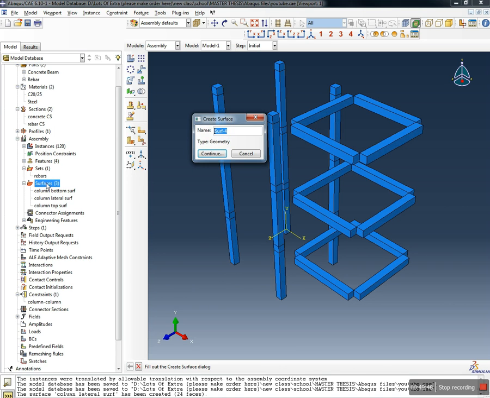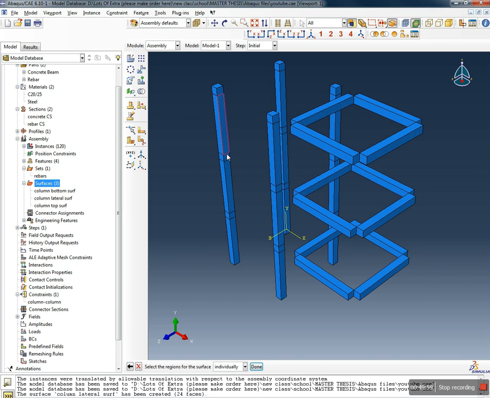define another set of surfaces, which will be beam lateral surf. Continue. And we'll have 1, 2, 3, 4, 5, 6 multiplied by 4, and it better be 24 as well, because it's pretty hard to connect 24 surfaces to 25 surfaces. So here